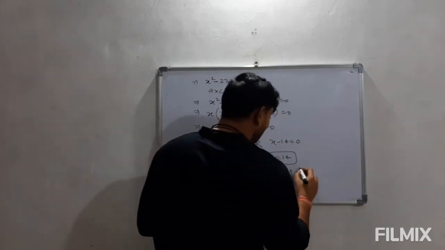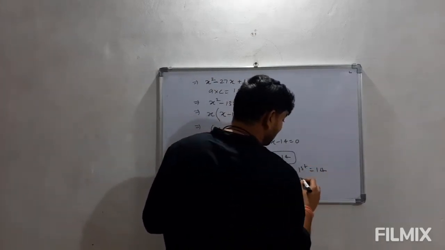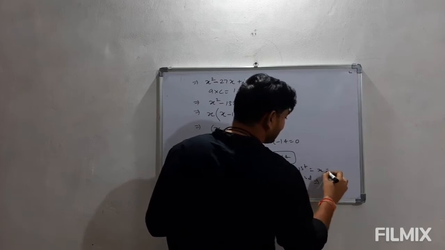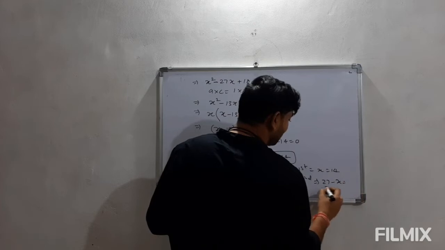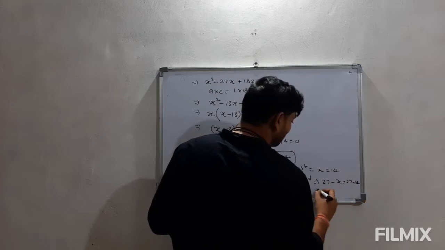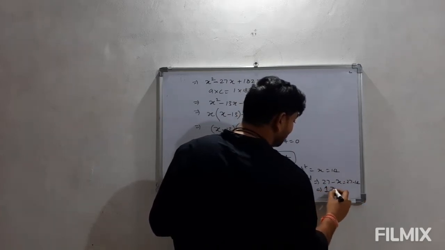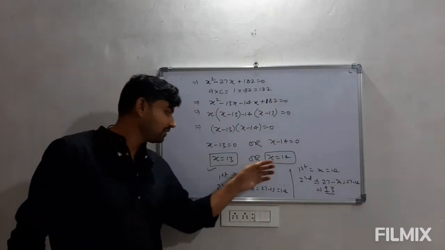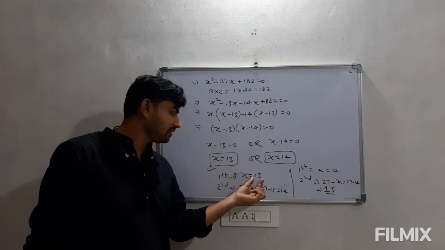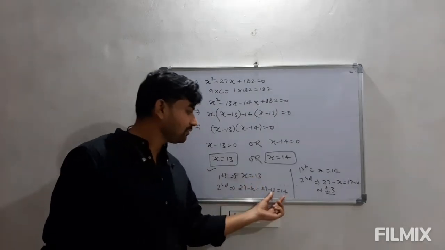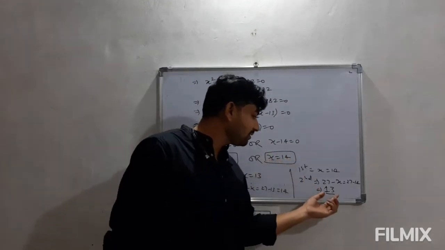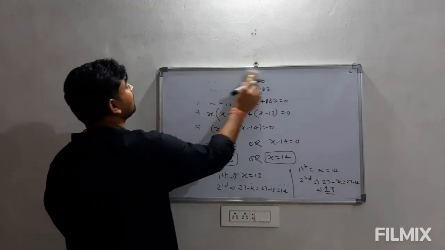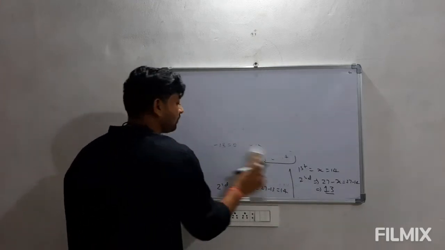If we consider this, the first number will be 14 and the second number will be 27 minus x. This was x, 14. So this will be 27 minus 14. So this second number is coming out to be 13 here. Means the values of x here is 13 and 14. If we consider one by one, then the first number is 13, then second is coming out to be 14. If we consider this as first, the second will come out to be 13. So this is how we solve any word problem based on this concept.